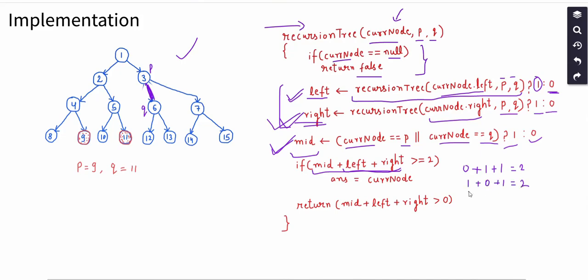So this is the first case where we have found one of the descendants in the left subtree, but we haven't found the other descendant in the right subtree, but the current node on which I am standing is actually one of the descendants. If that is the case, then corresponding to that case we'll get this type of configuration. While